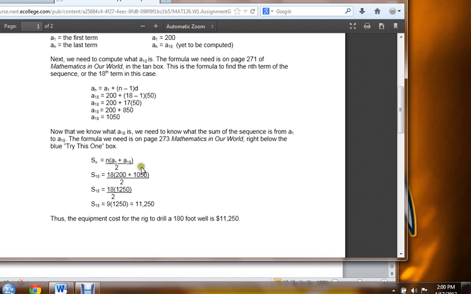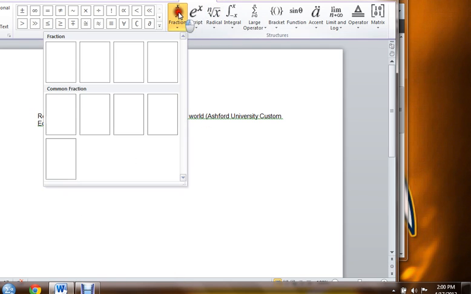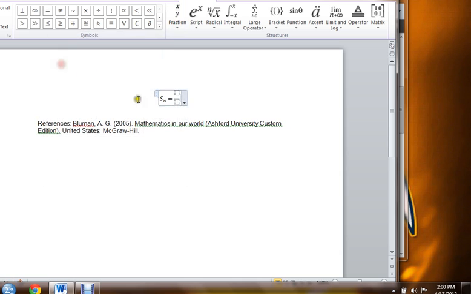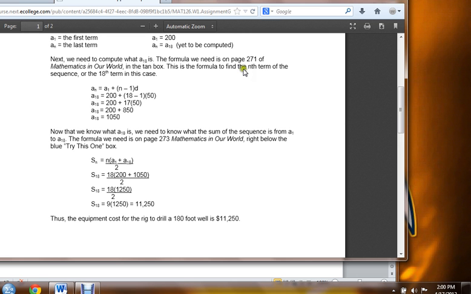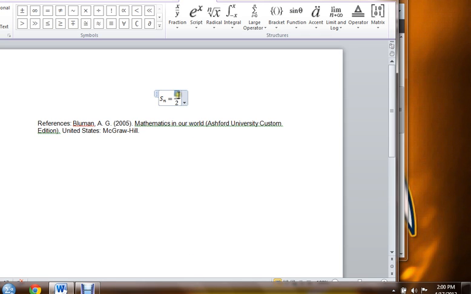Now I want to have a big fraction with all this stuff in the top and then the number 2 in the bottom. So I'm going to click on the fraction button, and I'll select this little template which gives me a top and a bottom box to fill in. We can just put the bottom in right away, which is the number 2, and now all we have to do is work on formatting the top, which was n times a big parentheses and then a1 plus a18. So I'll put the n,